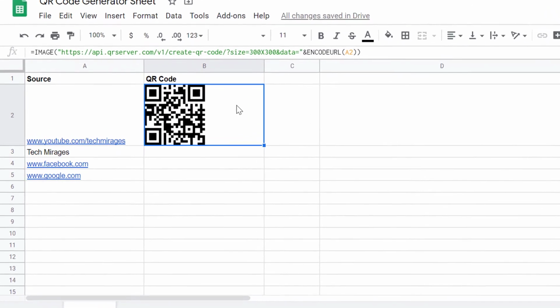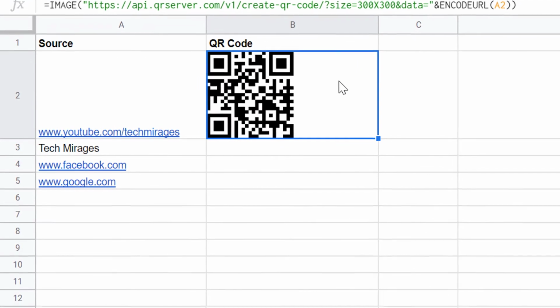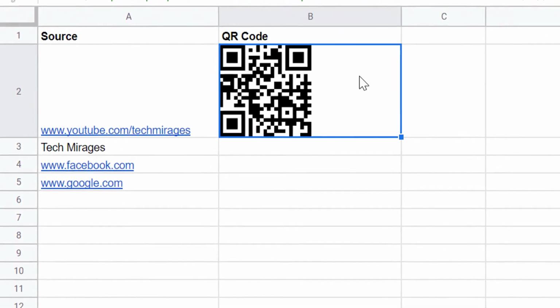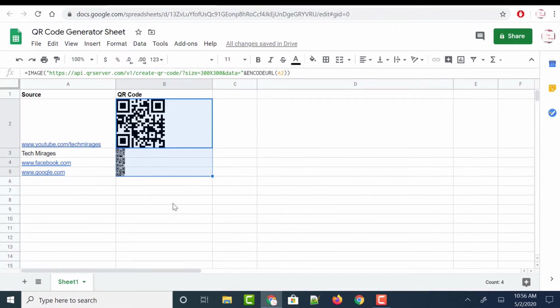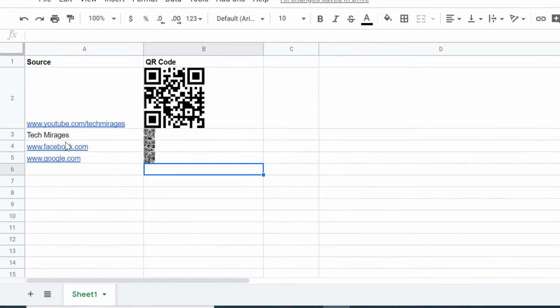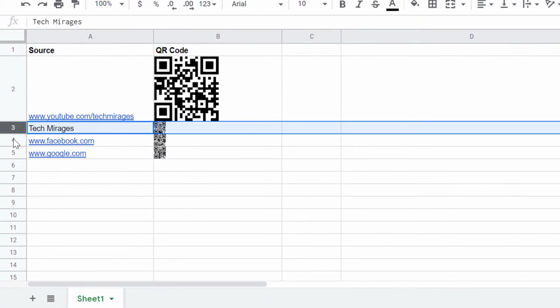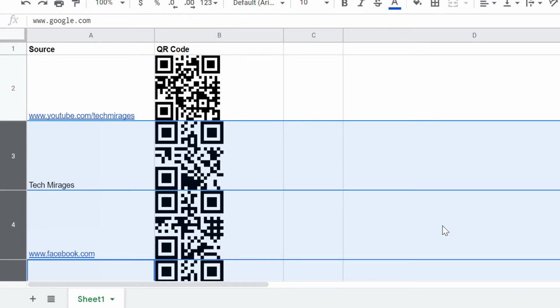Now if you want to generate QR codes for other entries as well, we don't want to do the same thing again and again, but we can easily create bulk QR codes in Google Sheets. Place your cursor on the bottom right corner of the cell which has the QR code already generated. You can see it has turned into a plus icon. Just click and drag the mouse down to the cells which have the source and release. It generates QR code for everything. So you can see that bulk QR codes are generated for the remaining entries. To see them very clearly, select all the rows which have those QR codes and click and drag the bottom so that you can see those QR codes clearly.